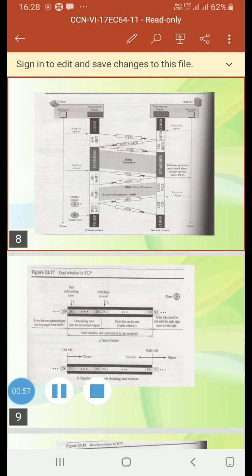There are two windows that are used in TCP. One is known as the send window and another is known as the receive window. The two for each direction of data transfer means four windows for a bidirectional communication. Whatever the communication, it is only unidirectional from client to server. The bidirectional communication can be inferred using two unidirectional communications with piggybacking.